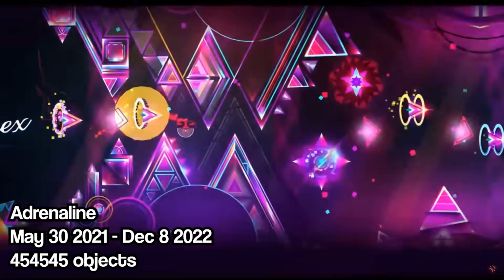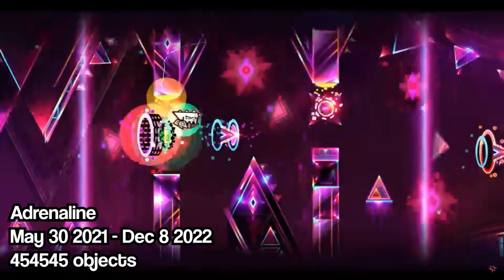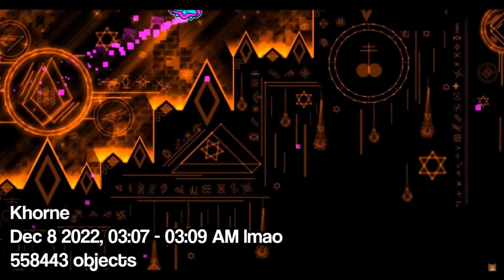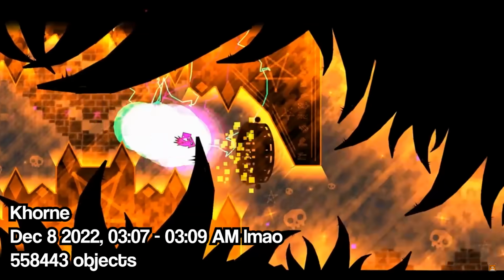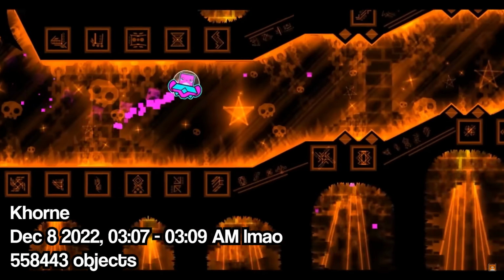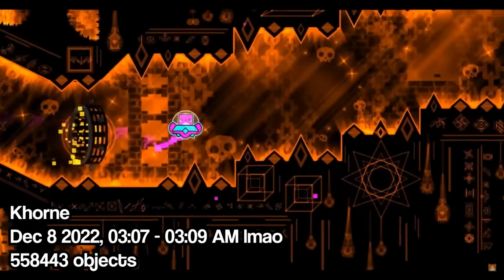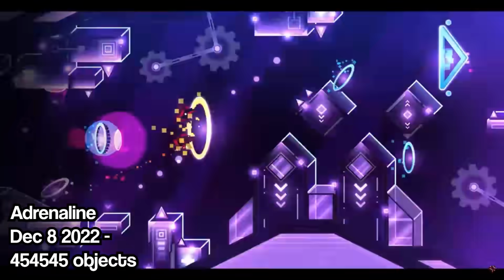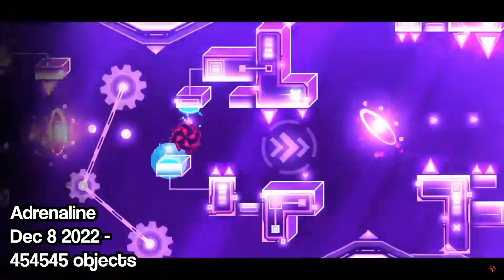Except I've spent so long writing the script that there's been a new edition since then. For some reason, on December 8th, robtop rated Korn, then realized it has 560,000 objects, and unrated it immediately. What's even more crazy is that this is the optimized version. The original had over 1 million. But regardless, Adrenaline is currently still the most object heavy rated level in Geometry Dash, and my research is finally